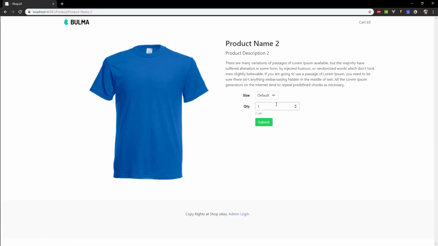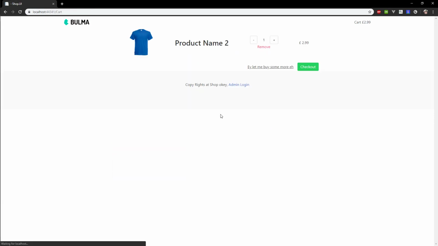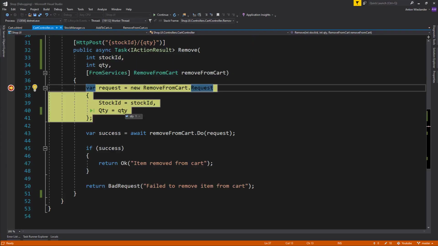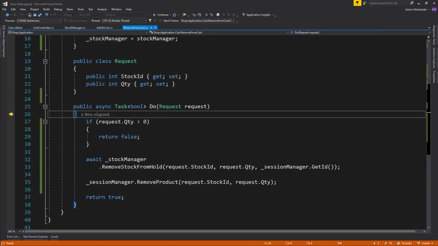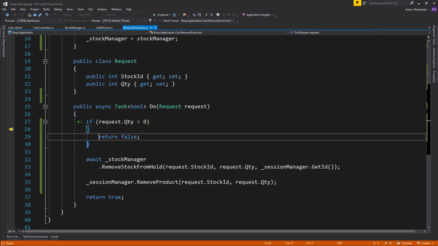Okay, I will grab this product again. I have very few of them left. Plus 1 still works. Minus 1. See, we get the quantity 1 and we get this. Let's press F11, or no, F10, and now F11 to step in. Okay, so quantity is,